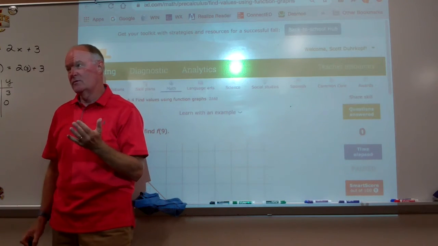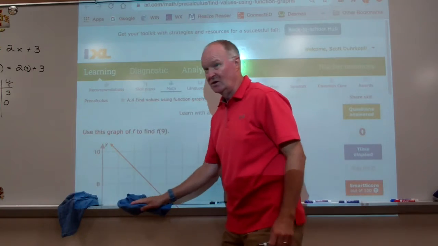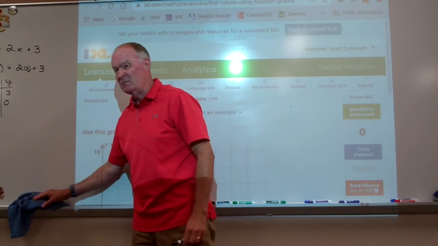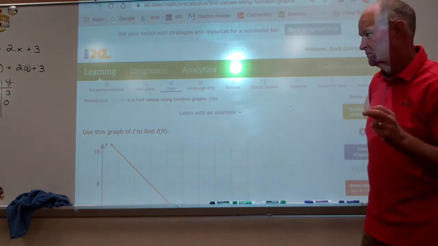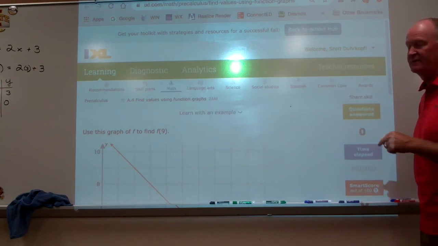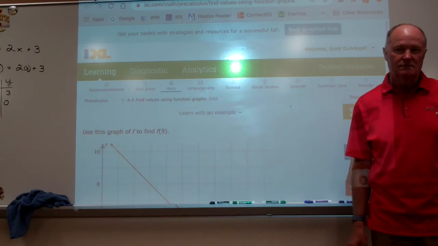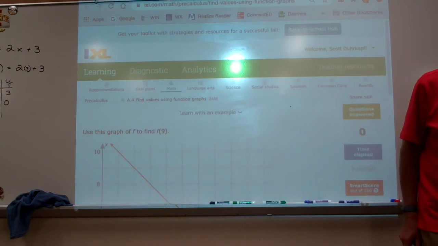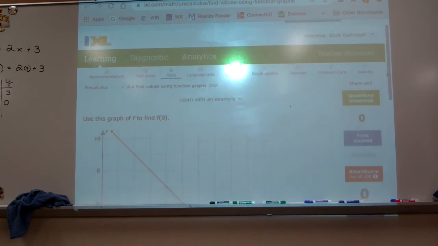But the first thing we're really going to do today is look at finding function values using graphs. So it's going to be pretty fast for what we need. You're going to end up doing about 2 IXLs with the graphs and 1 IXL with the equations and some other stuff, and then a little book thing. Whether we get that far or not, I don't know. So first,